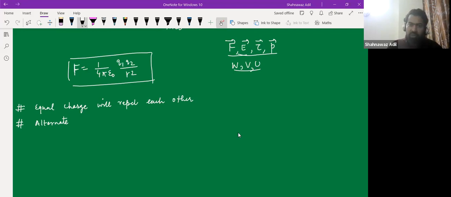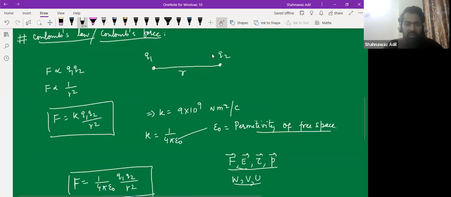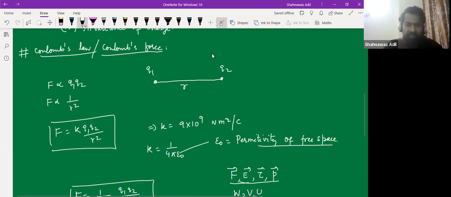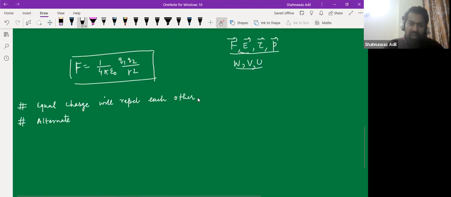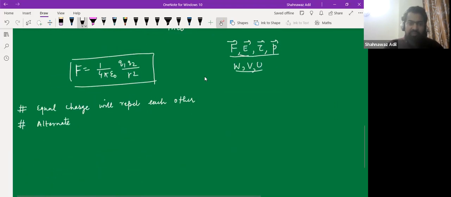Right hand thumb rule. In here we don't have any right hand thumb rule, right? We use the right hand thumb rule in current. Whenever we have a cross product or something like that, from there we determine the direction of the force. In here we don't have any right hand thumb rule, but how can we apply it?